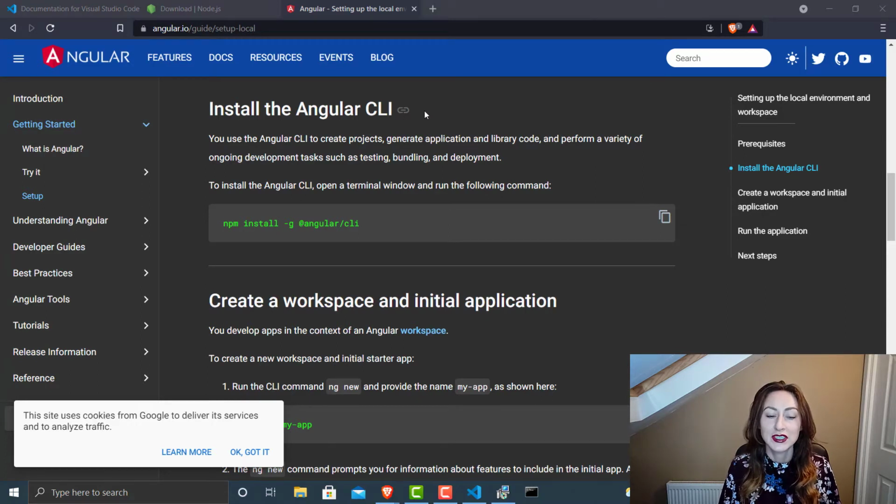You use the Angular CLI to create projects and perform a variety of ongoing development tasks such as testing, bundling and deployment. So all this means is testing your code, bundling it together in a good package before you deploy it, and deployment is just putting it live on the website, deploying it to a server so you can access that website then. So we'll globally install the Angular CLI in order to be able to use it across all